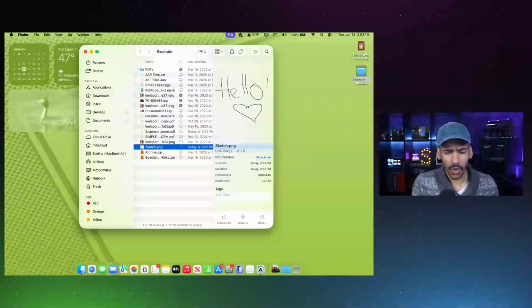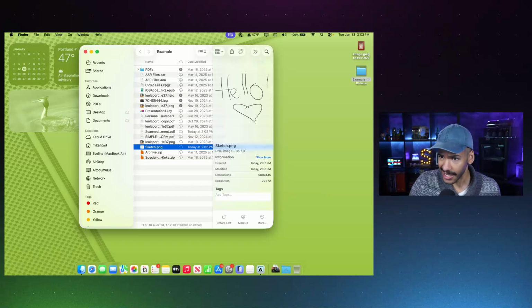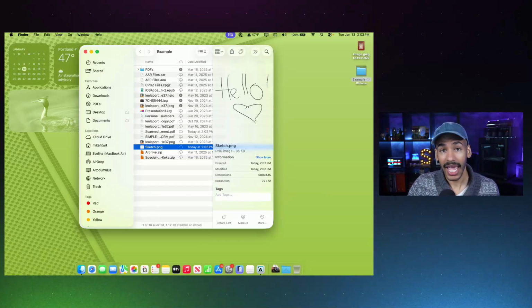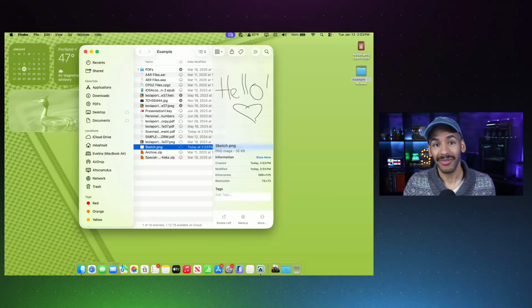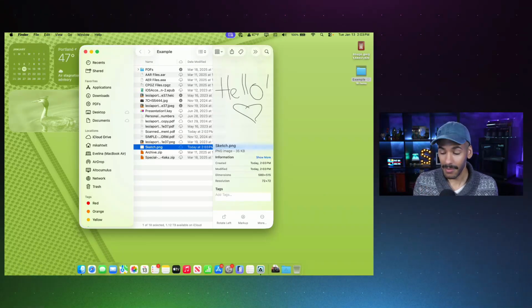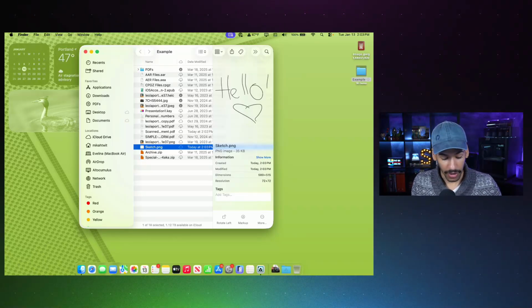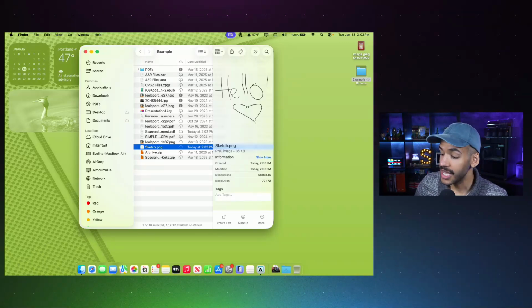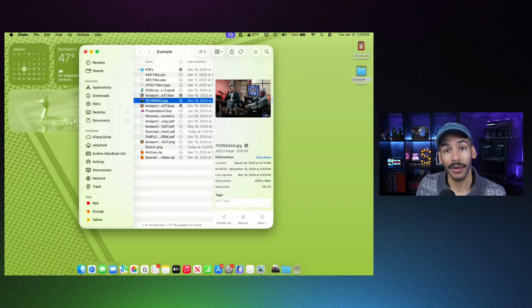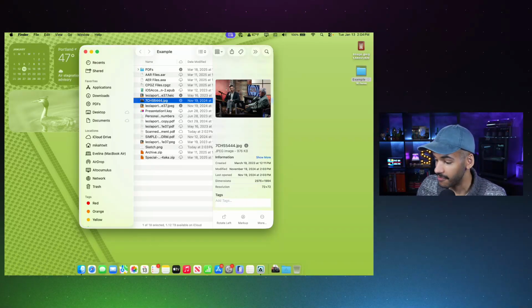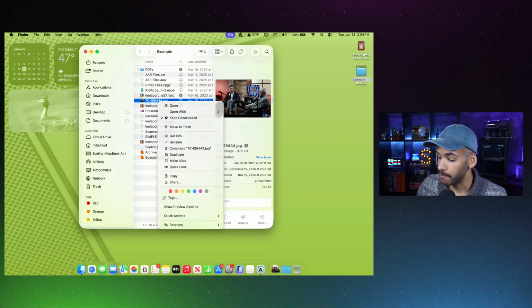twit.tv/survey26. So that's continuity sketch and continuity camera, obviously being able to use the camera to take photos of things. But that's not all that you're able to do with continuity. You'll remember that I promised you continuity markup as well. With continuity markup, you can take a document that you have on macOS. So for example, this image that I have of Leo Laporte and myself,